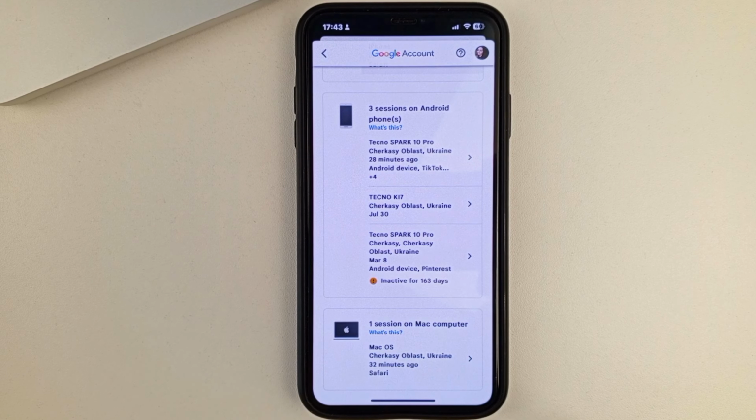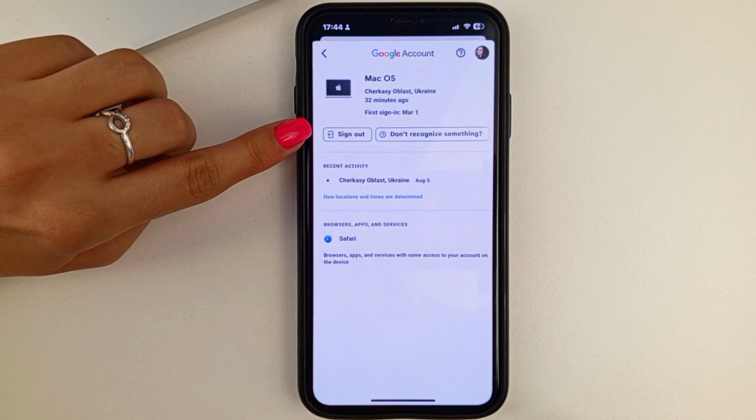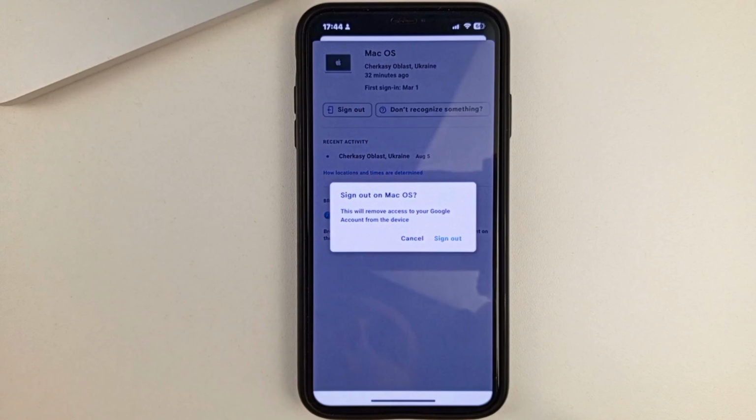And in order to log out, for example, from any of them, you'll need to go to a specific device. And then, here on the left side, you can find this Exit button. Click on it. And then you will just need to confirm your action and click on Exit again. So friends, you will be able to delete your account from a particular device.